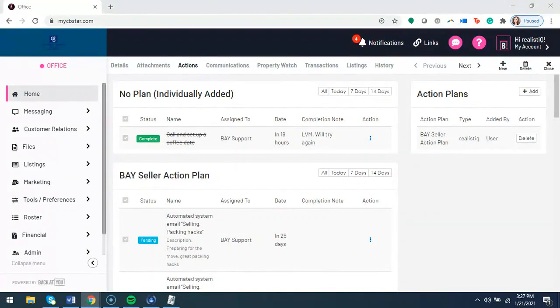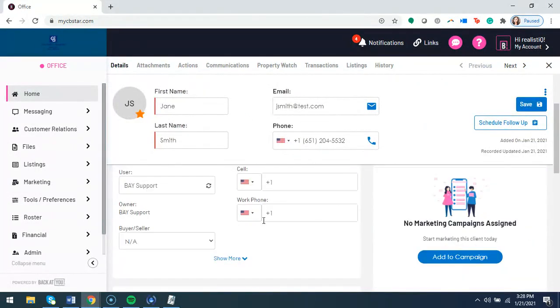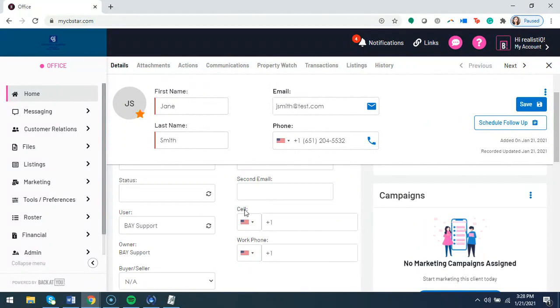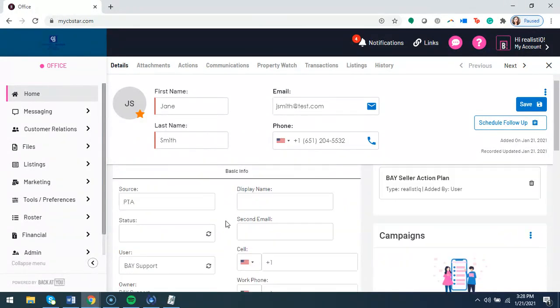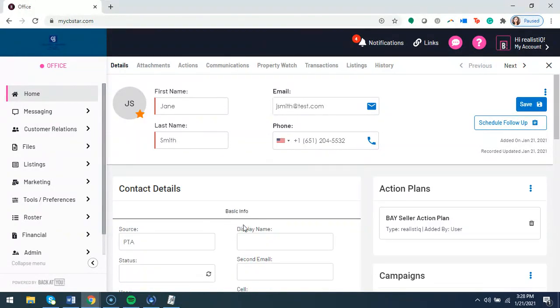Can you label phone numbers for husband or wife rather than phone number one and phone number two? So, in this details section, there's no way to change these field names. What you can do is add additional fields. You can add additional field information for all of your contacts. To do that,